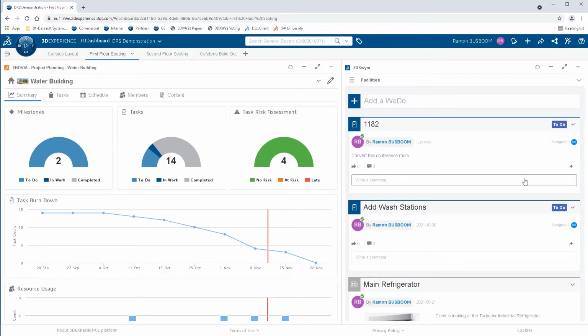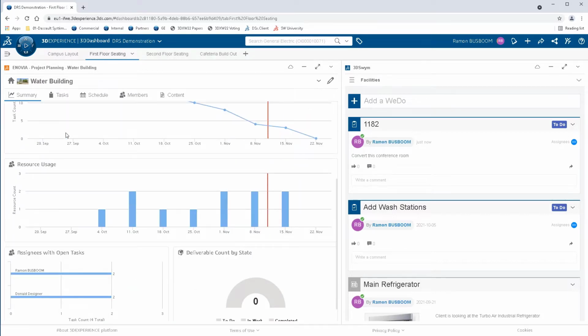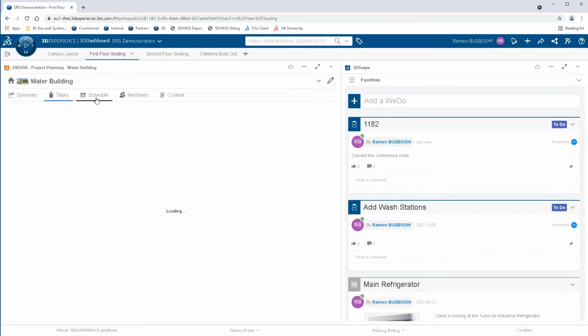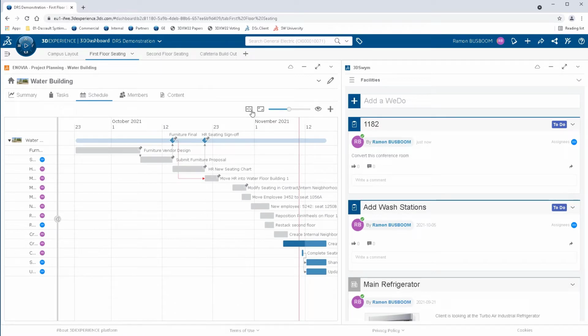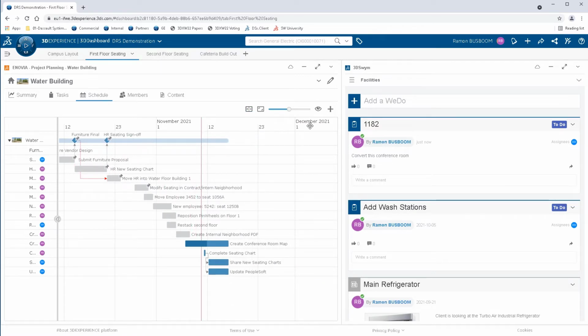On the left is the water building project plan. You can quickly see the summary stats where the milestones, tasks, burn down rate, and resource utilizations are displayed. It also has a Gantt-like visual calendar. The platform takes advantage of drag and drop, so our WeDo can simply be dragged into the project in order